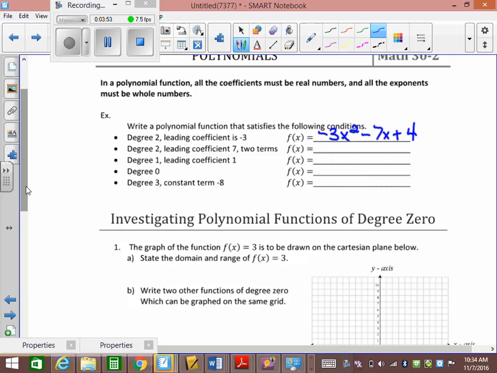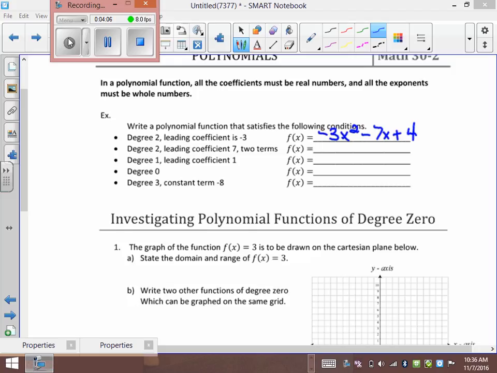Or I could have gone -3x squared + 4 and it would still have satisfied it, right? Minimally, I just needed to have the -3x squared to follow those conditions. I want you guys to try the next 4 bullets, see if you can do it. So the second bullet